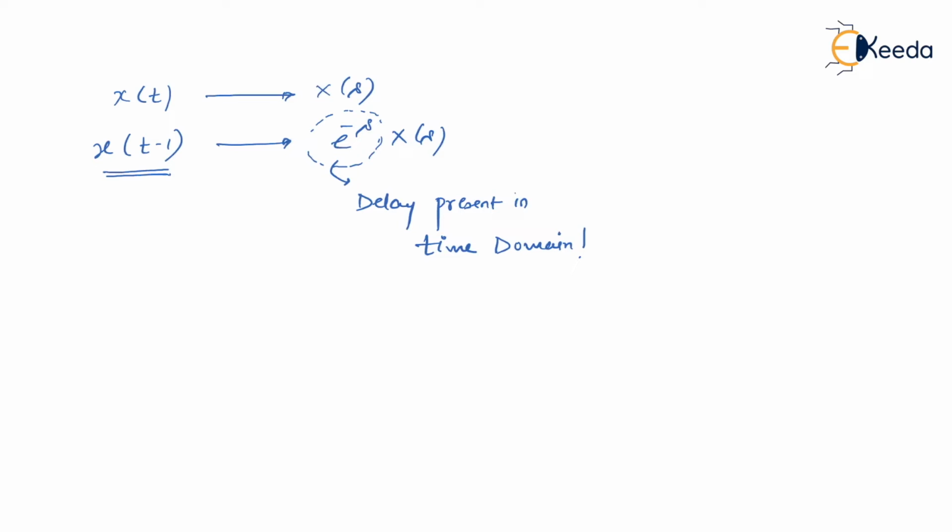And using delay systems in the time domain is very popular. It is very obvious that we use delay systems in the time domain. So the e to the power minus s term is a very general, very obvious term, so it is a practical system. This is just to have extra knowledge. Let's move to the last problem.